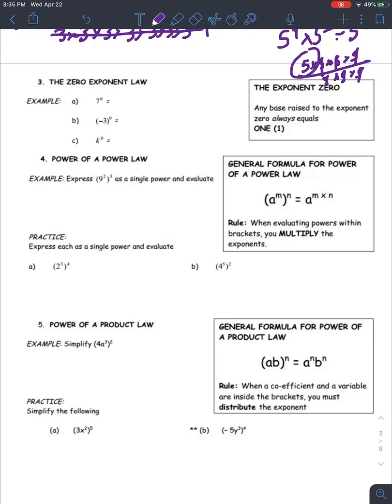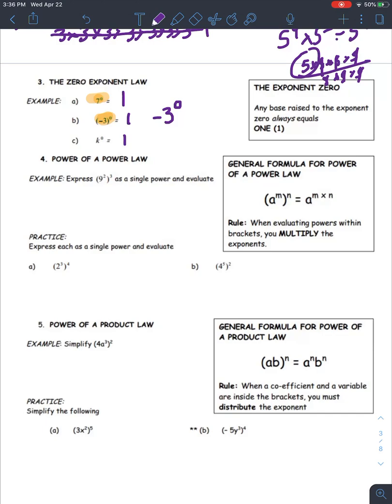So 7 to the power of 0 here. Well, that's pretty easy. It's to the power of 0, so it equals 1. Negative 3 to the power of 0 equals 1. K to the power of 0 equals 1. Anything to the power of 0 equals 1. There is something I do want you guys to notice. This negative 3 to the power of 0. If it had been written as this, negative 3 to the power of 0 with no brackets, well, that would